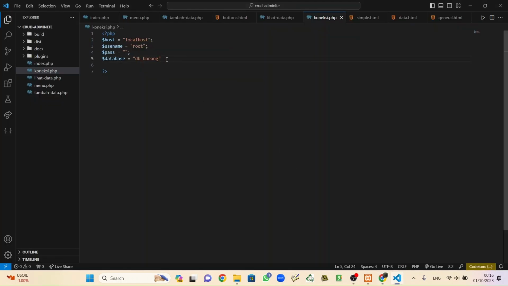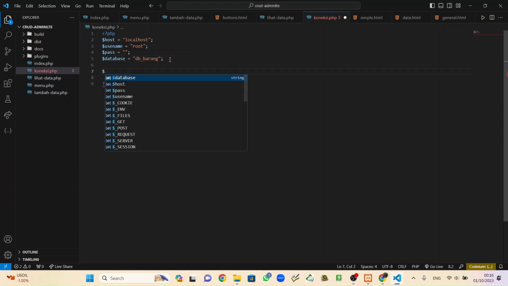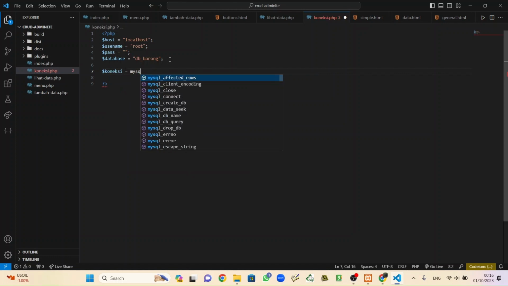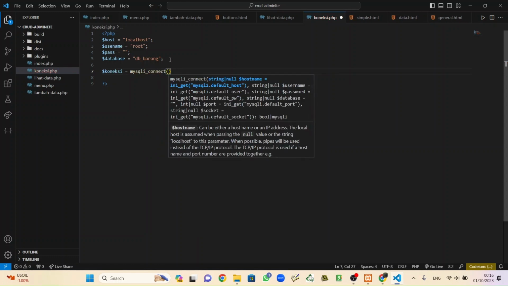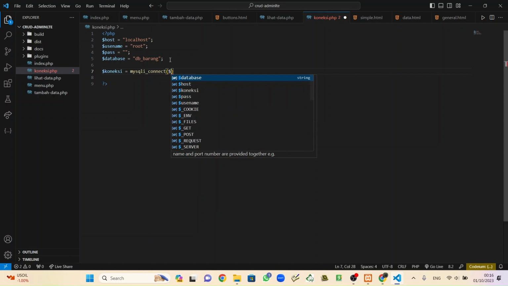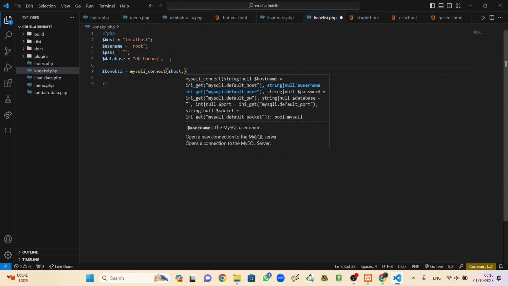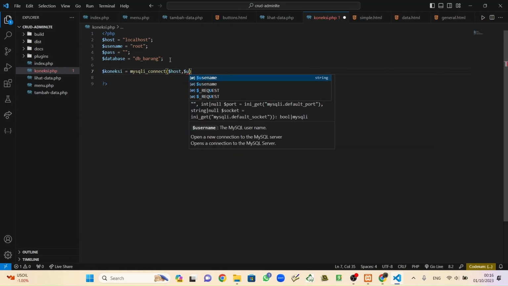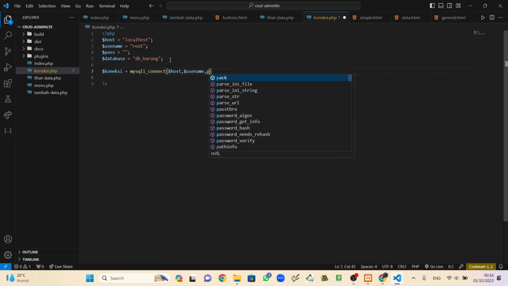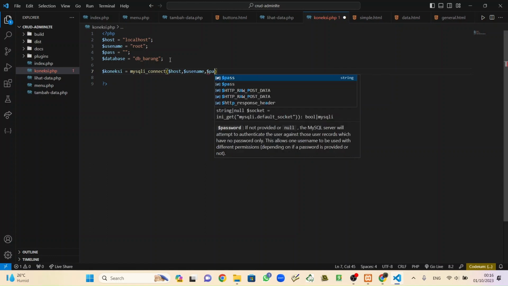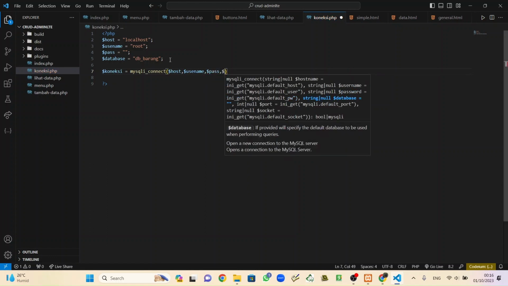And db barang, put the close here, and the last is koneksi, just for checking the connection, mysqli_connect, and inside that put all of these variables: host, and then username, and then pass, and the last is database.